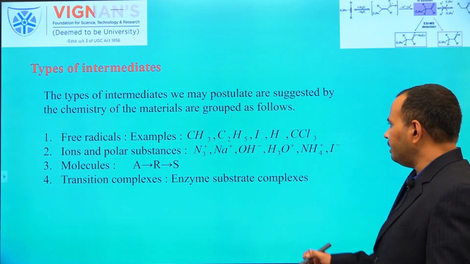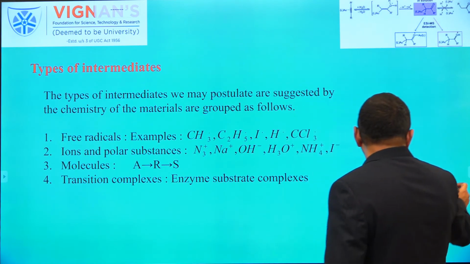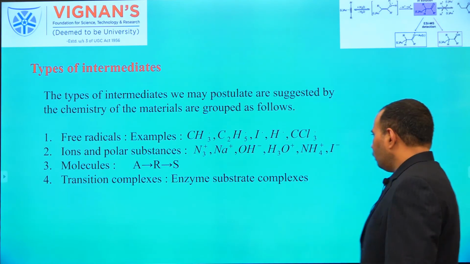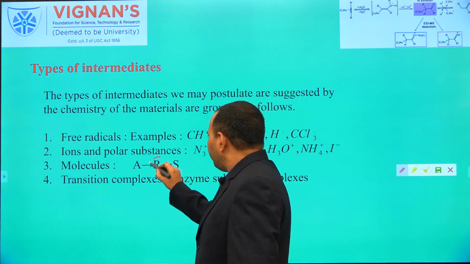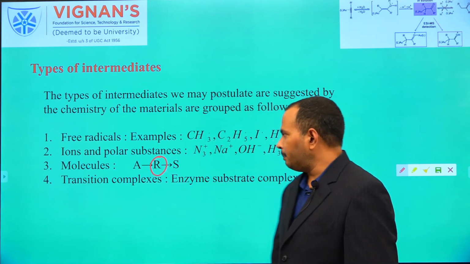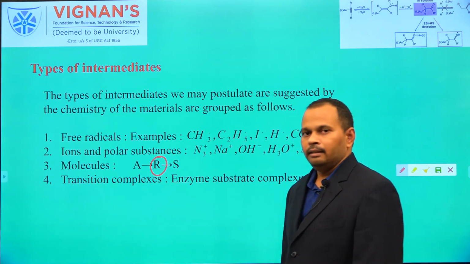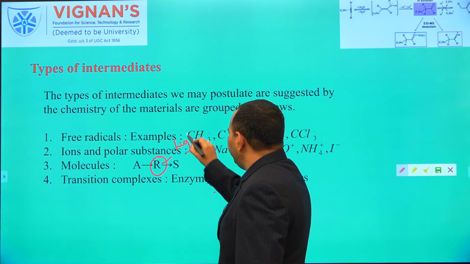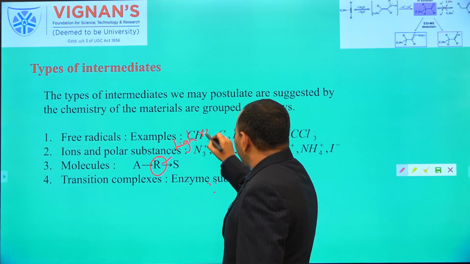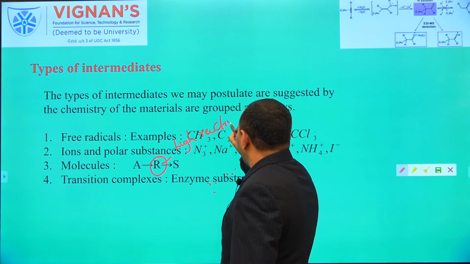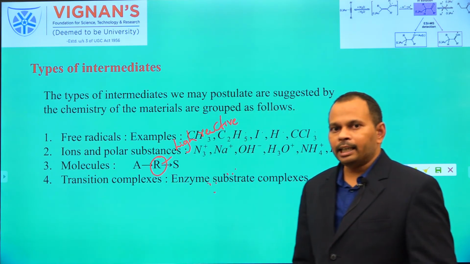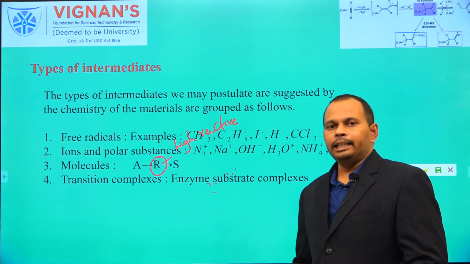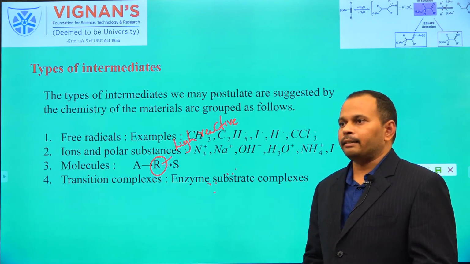When you consider the series reaction, initially from A we have the formation of R. Immediately, by disappearance of R, we are getting S. Here R is highly reactive. Its mean time will be very small in the reaction mixture. It is produced in a fraction of a second and immediately disappears in a fraction of a second.